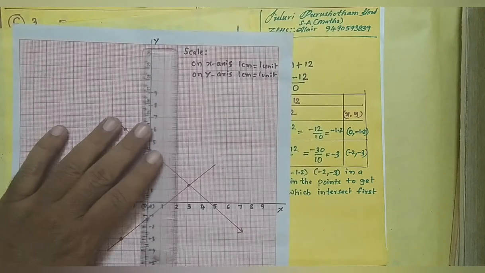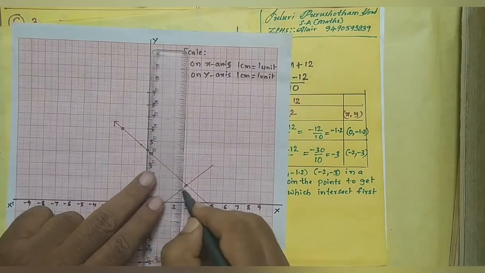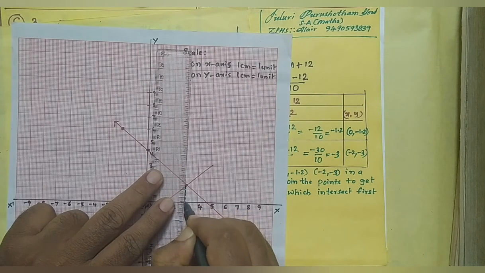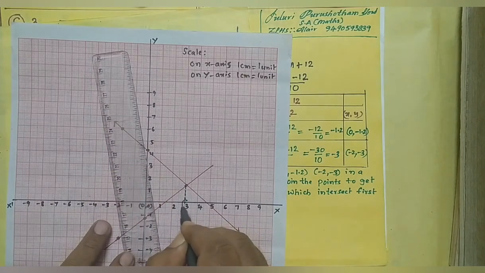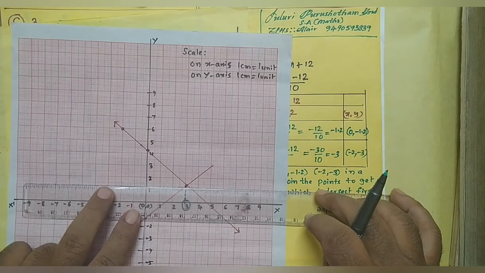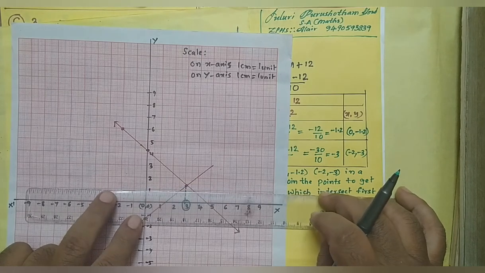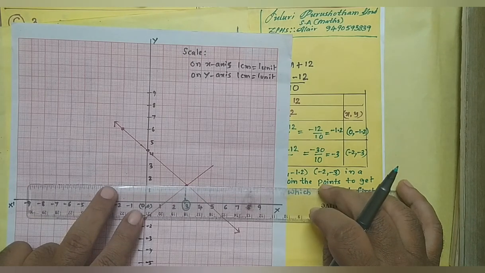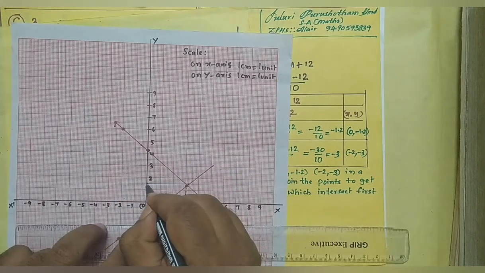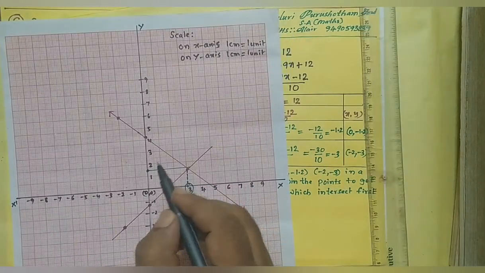From these, here we got the point, come up to the x-axis. Where is it? It is 3 on the x-axis. In the same way, we have to draw a line parallel to the x-axis from this point to the y-axis. It is exactly 1.5, between 1 and 2, and this is exactly 3.